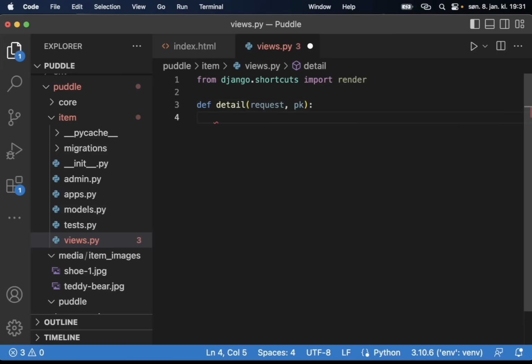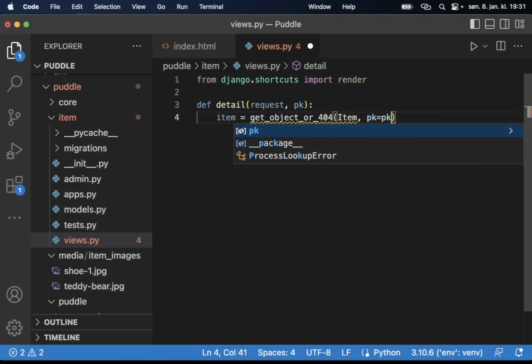And then to get this from the database, we say item equals get_object_or_404. So now Django will give us a 404 error if this object doesn't exist in the database. And we want to get this item from the Item model, where the primary key is pk. So this is now the primary key on the model itself, and